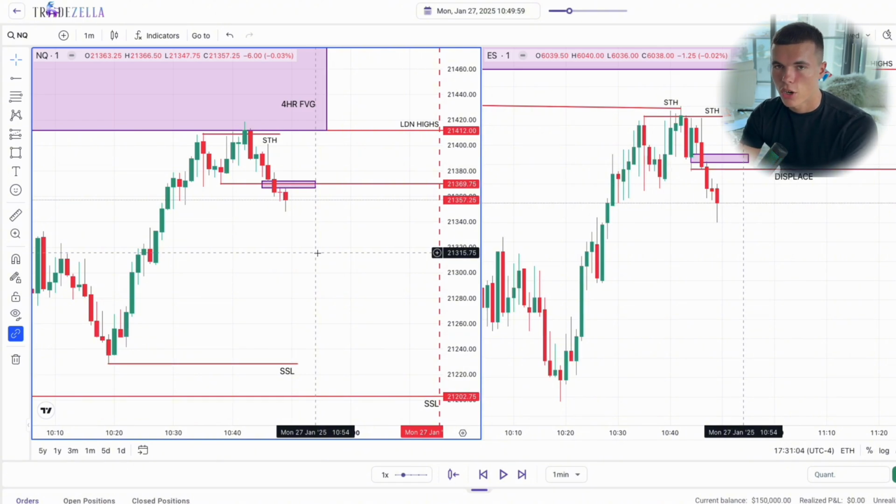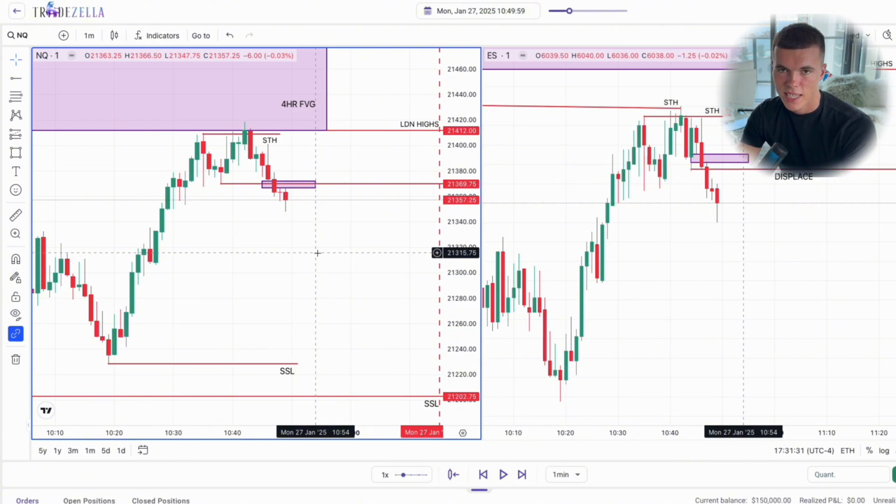You only enter off a breaker block as long as a fair value gap has already been presented paired with that breaker. If you have a breaker paired with that fair value gap, that is our unicorn model. And if you can't get an entry off that fair value gap, it's not a problem. However, if you do enter off an upper fair value gap, that is the fair value gap you're going to want to look to enter off, as long as your stop placement is minimum at the low